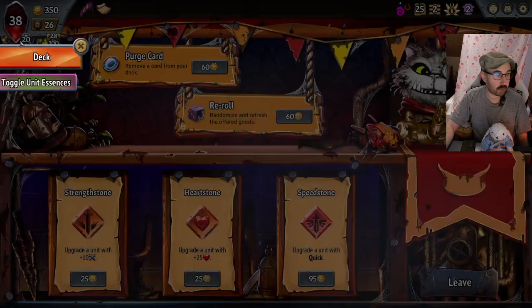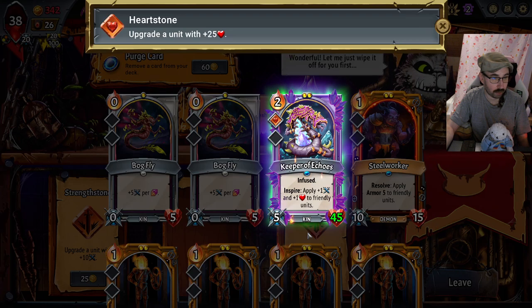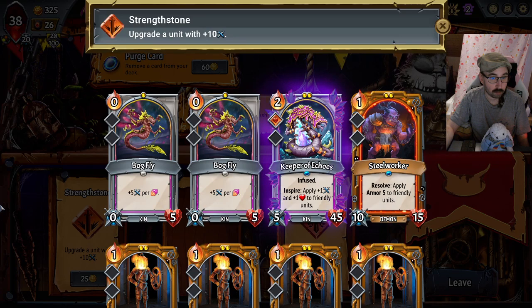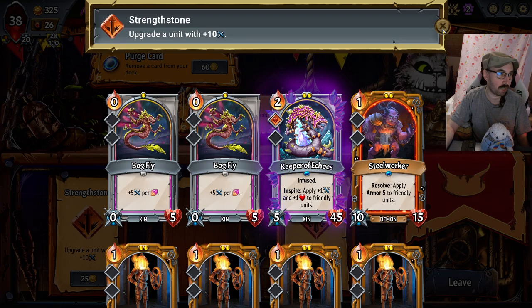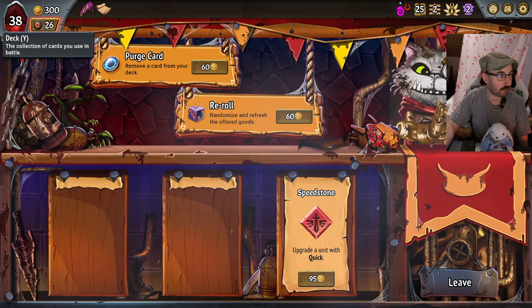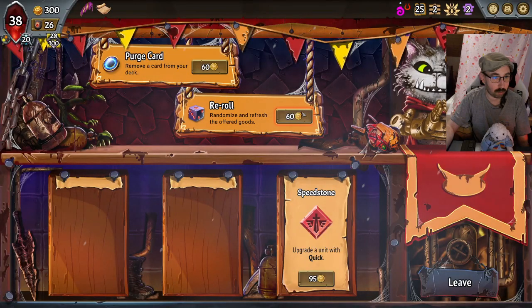Who is our damage? Our damage might be these bogflies. Keeper of Echoes might be our tank. I actually like that idea. Steelworker might just be an essence we infuse in someone else. Feels bad that we didn't get an extra relic. We got extra money. That's worth something too. I don't think I'll take the Quick here. It could help in protecting our...